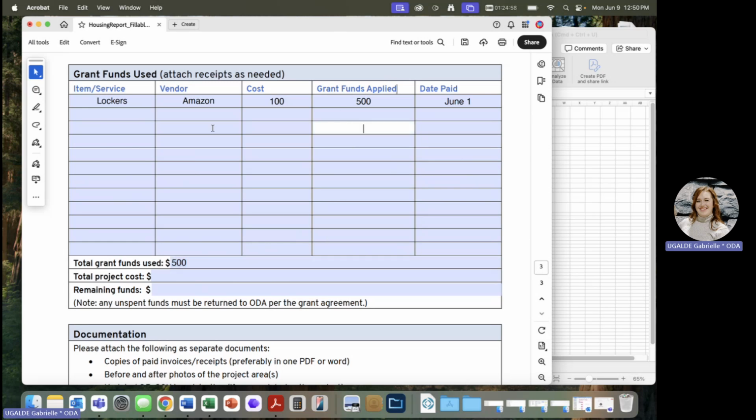So let's say we did lockers and then we did mattresses, and mattresses were $400. You can see that the grant funds total popped up to $900. If you only have a couple of items, like I said, you can use this spreadsheet. That's totally fine. You would go through and put the total project costs here and the remaining funds. So for example, we have the lockers and the mattresses. They were $900 even. The total project is going to be $2,000. So we put the total project cost there, and we've got 900 minus 2,000. Your remaining funds are going to be